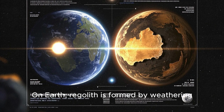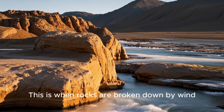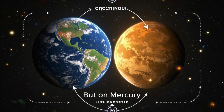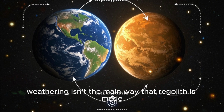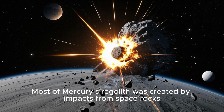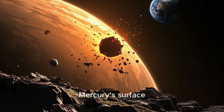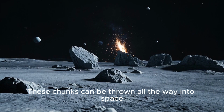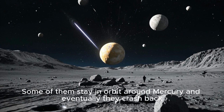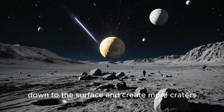On Earth, regolith is formed by weathering. This is when rocks are broken down by wind, water, and ice. But on Mercury, weathering isn't the main way that regolith is made. Most of Mercury's regolith was created by impacts from space rocks. When a space rock hits Mercury's surface, it blasts away chunks of rock. These chunks can be thrown all the way into space. Some of them stay in orbit around Mercury, and eventually they crash back down to the surface and create more